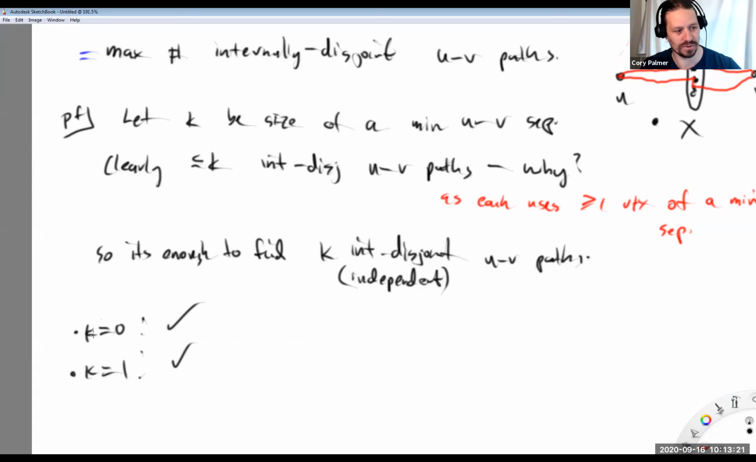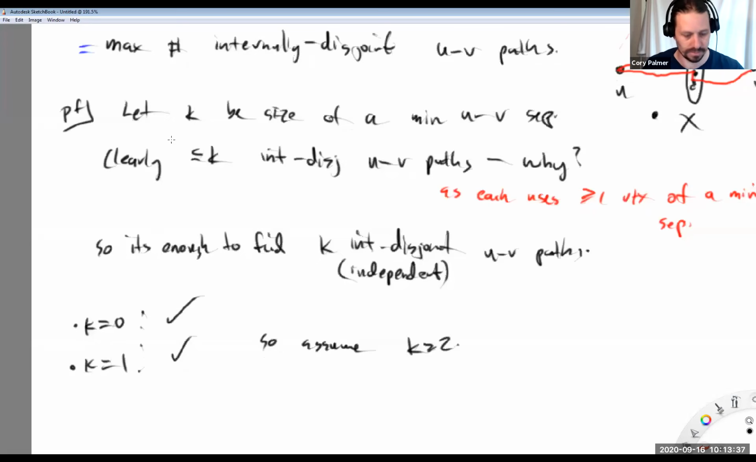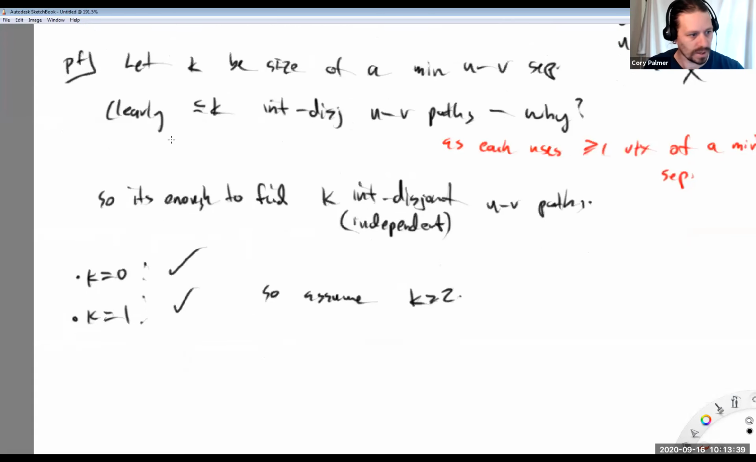So k equals 0, k equals 1 are done instantaneously. It gets more tricky when k is larger. So assume k is at least 2. Okay, so our minimum separator has at least 2 distinct vertices in it, which will be important in the proof cases here. Okay, so now we proceed